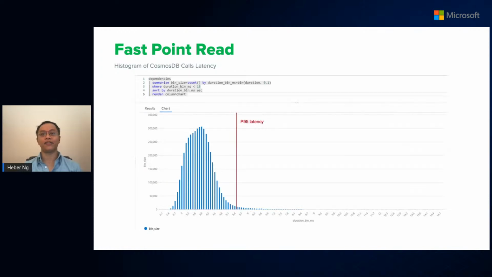Here's a breakdown of the operation duration for requests coming in through the C360 API. Here you can see the distribution of time taken for Cosmos DB to retrieve data, and it is usually in the single-digit milliseconds, which is incredible, given that we do have a lot of data. In fact, if you look at the P95 latency, it comes to just around 5.5 milliseconds.